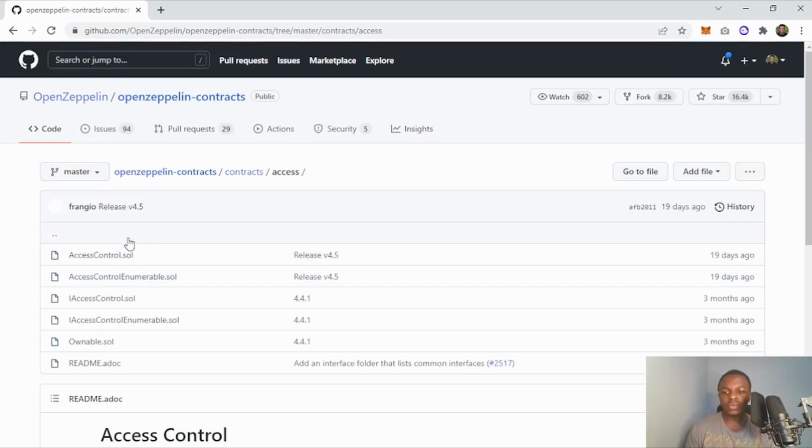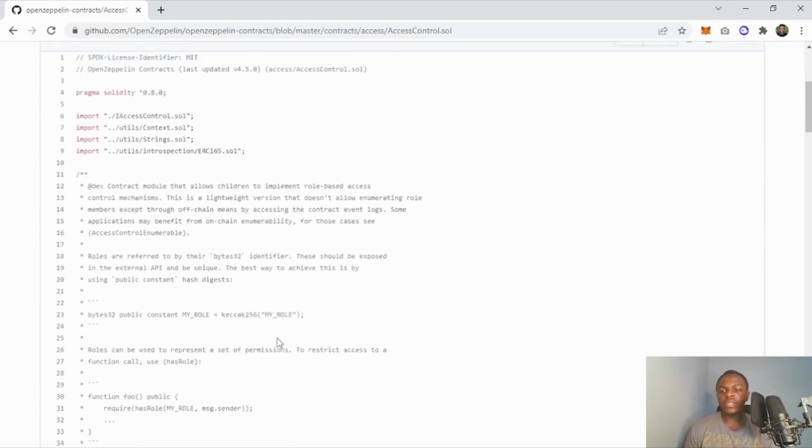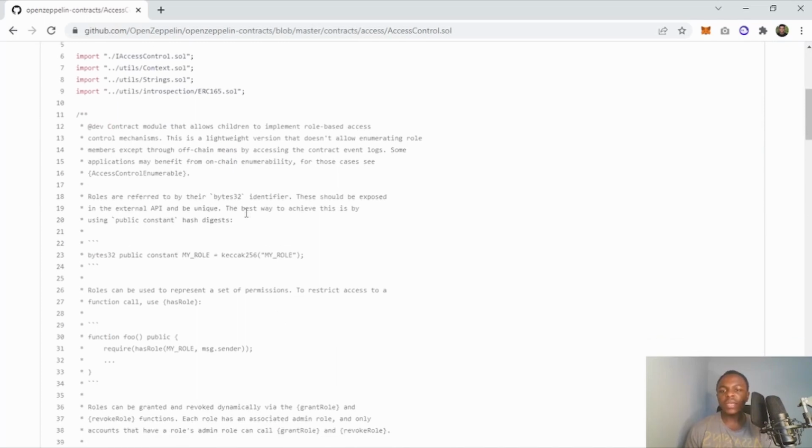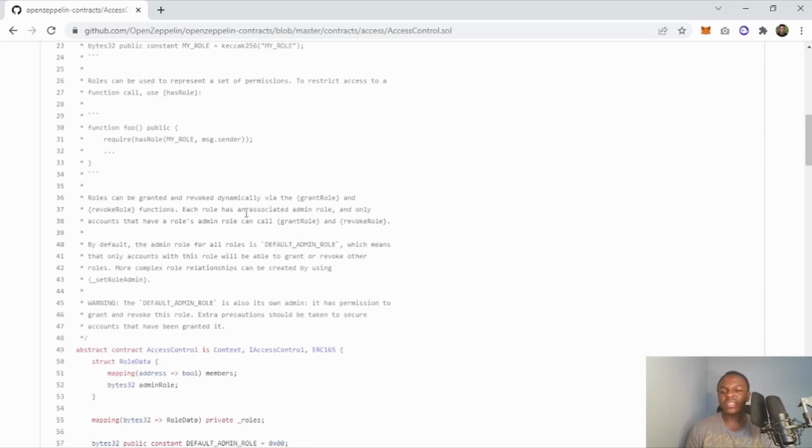So as you can see, we have 1, 2, 3, 4, 5, 6. We have 6 smart contracts that we can call in our project. So what are their use cases, or when can we call them? Here, most of these contracts are called when you want to grant a certain role to a certain address in your smart contract. Okay, so if we start with AccessControl, you'll see that this contract allows you to grant and revoke